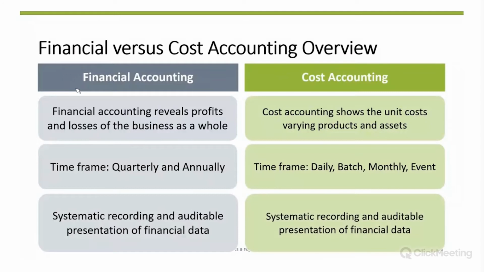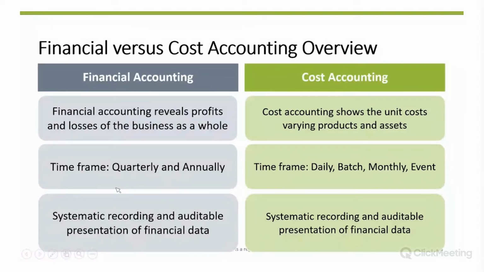But both of them need to be systematic, auditable, and they are a representation of your financial data. On the right, I kept it as cost accounting, but it's basically the same color as Sigmafine, because this is what Sigmafine does. With the mass balance, you can apply cost tracking to do exactly what we're talking about here. And it can then be aggregated from your daily, your batch, and your monthly to directly go to your quarterly